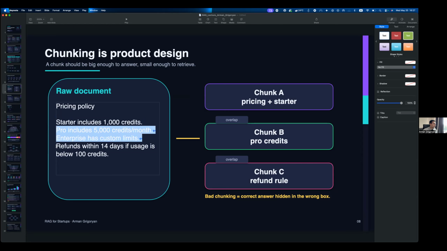And chunk C will be this. So you just have the whole document. You chunk this into three parts, and then that's pretty much it. It's just easy like this. Sometimes it's easy like this, but sometimes